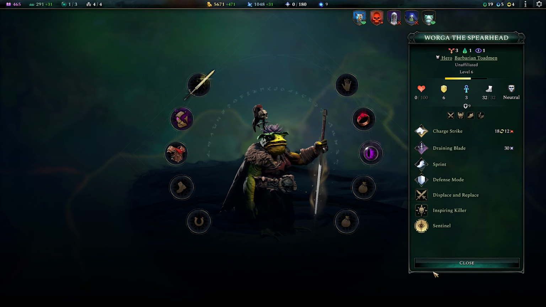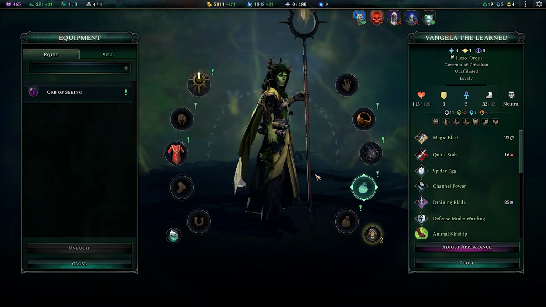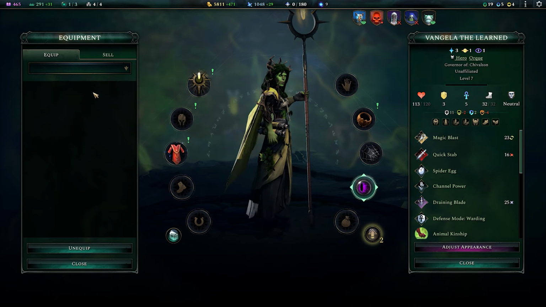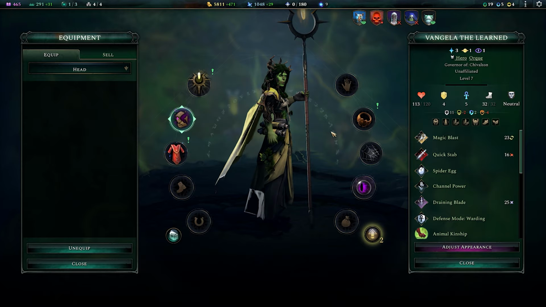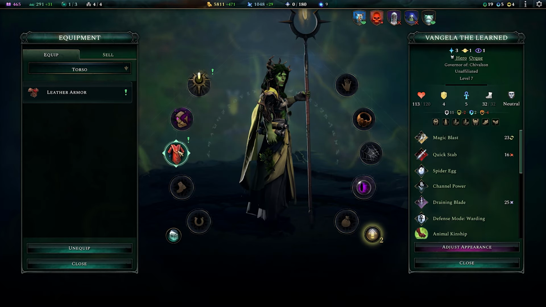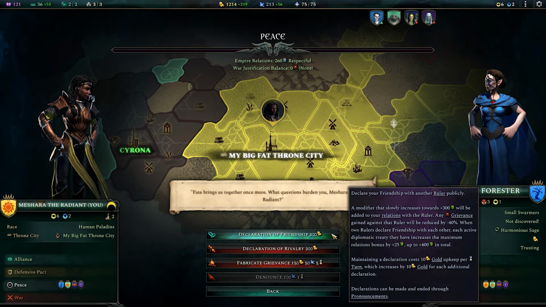So what I'll do is sell their remains for, granted, a very low price, which might not seem worthwhile at first, but getting all of these goodies and filling in blank spots where I potentially had nothing equipped before is very powerful indeed. My next category is backward diplomacy, but this time we're focusing specifically on grievances that are very